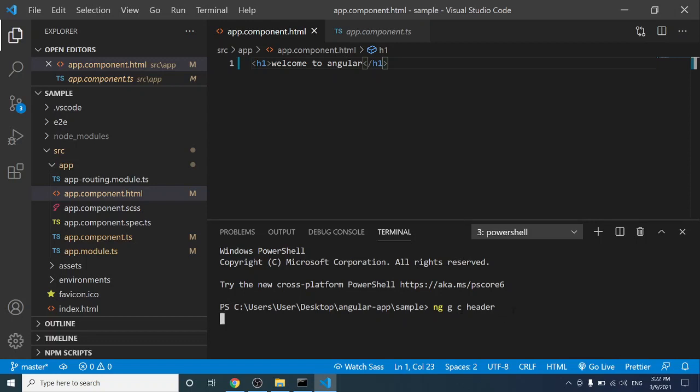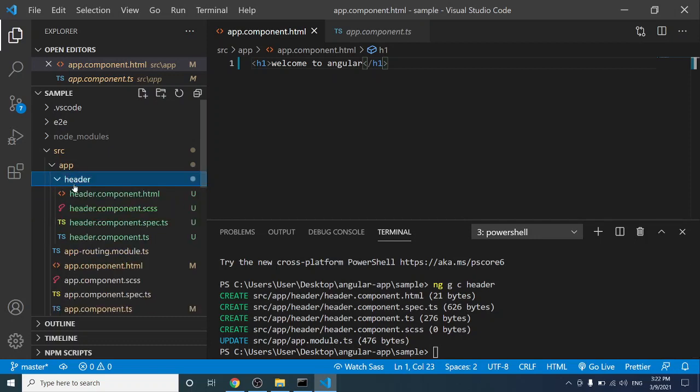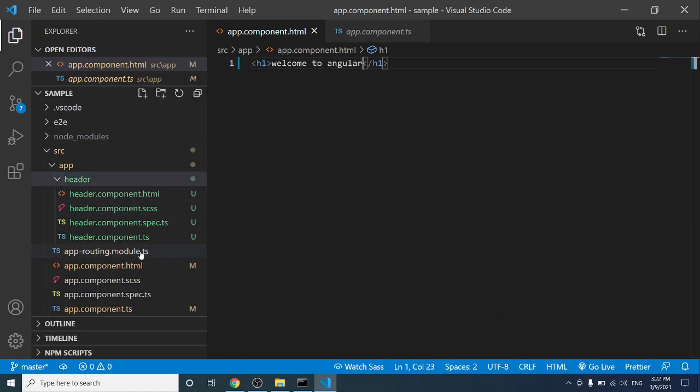So press enter and it will generate the header component. Here you can see it has generated the header component, and the new folder has been created for the header component. You can expand this folder and see what files it has generated. It has generated 4 files: an HTML file, a CSS file, a TS file and one spec file.